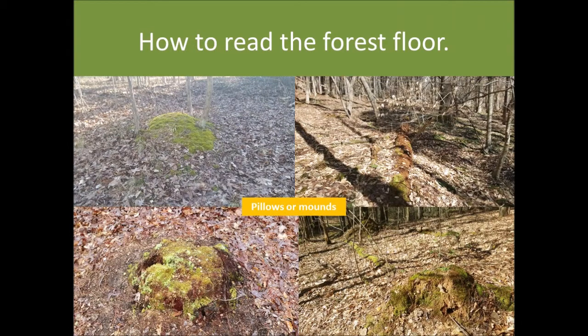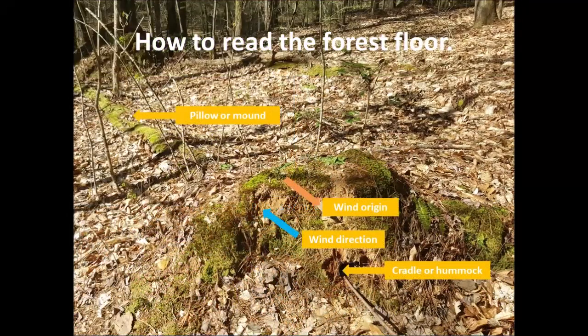How to read the forest floor. Once a snag has fallen and it begins to decay on the forest floor, it will eventually leave these mounds of material, usually covered with moss, which are called pillows or mounds. At one end you'll have the pillow or mound where the tree trunk has fallen, and at the base you have the uprooted roots, which make a little hollow or opening called a cradle or hammock,